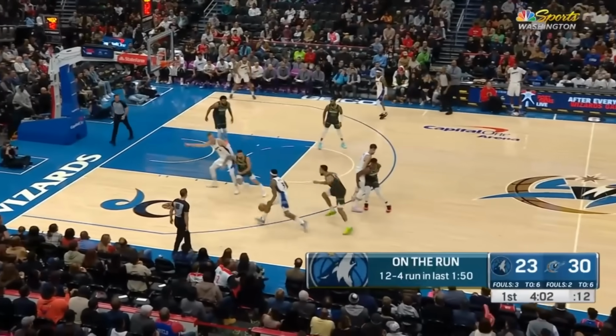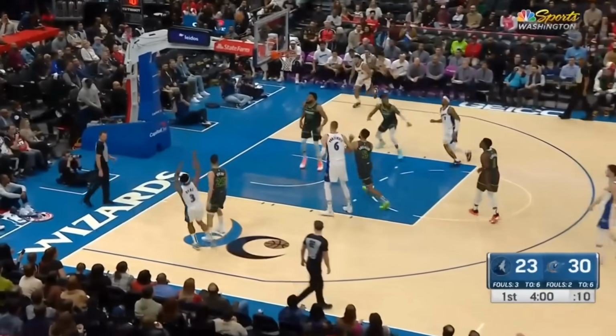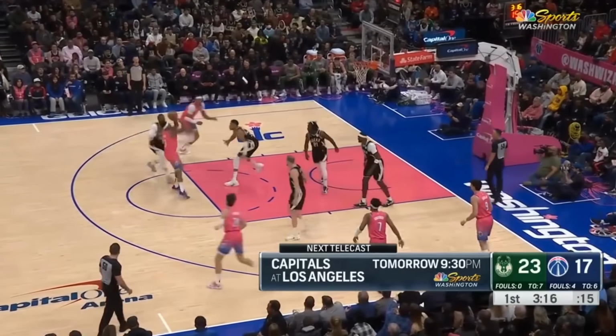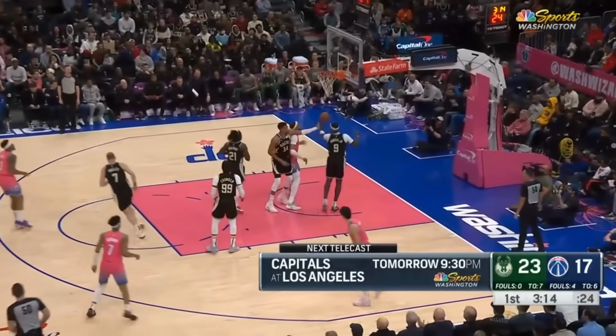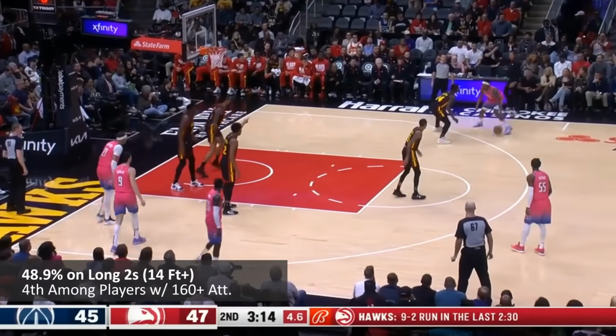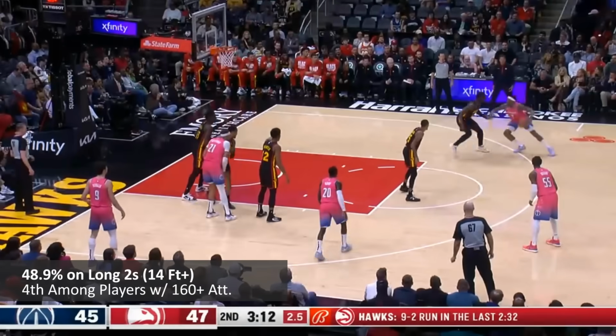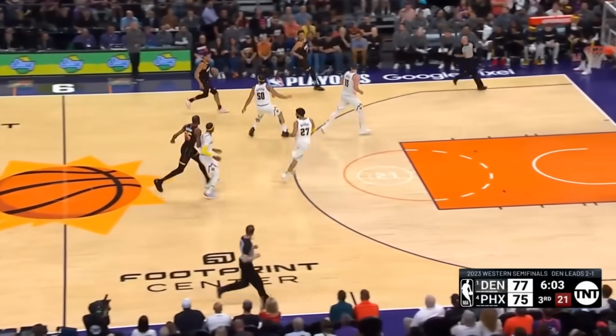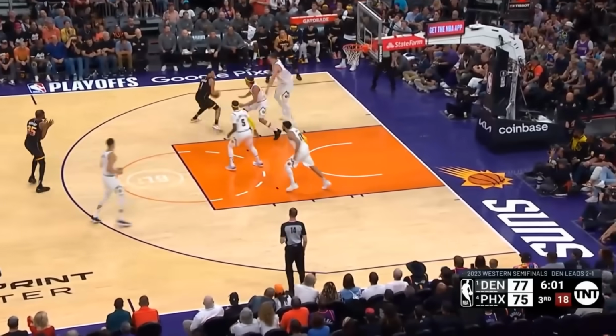Just for some perspective on how much damage Beal is capable of doing in these spots, of the 26 players who attempted at least 160 long twos last season, he was 4th in accuracy at about 49%. The 3 players he landed behind were Joel Embiid, and both of his new star teammates, Kevin Durant and Devin